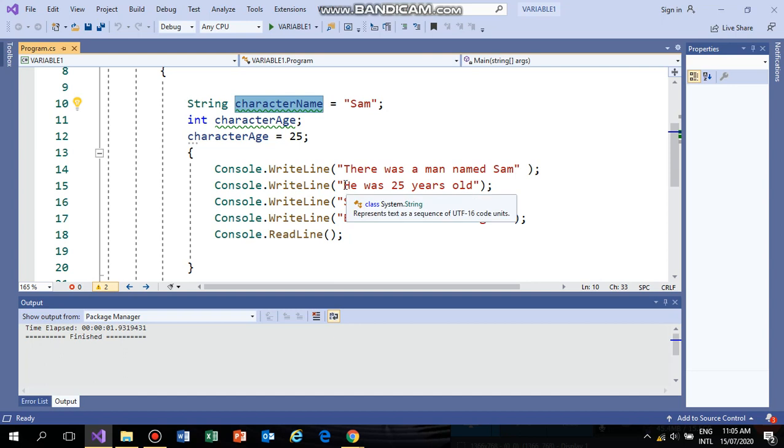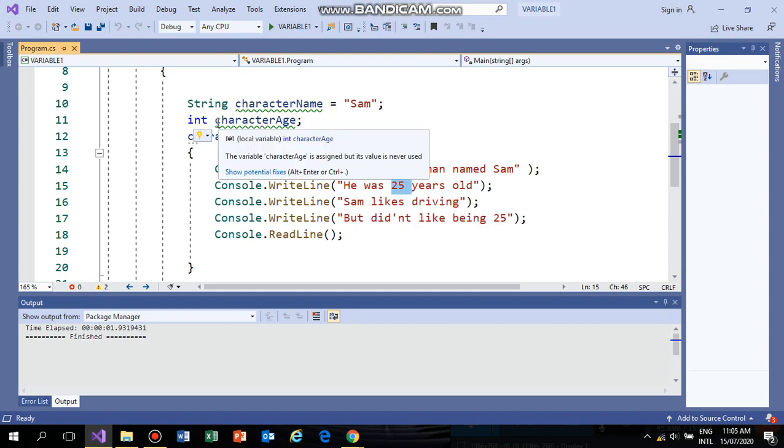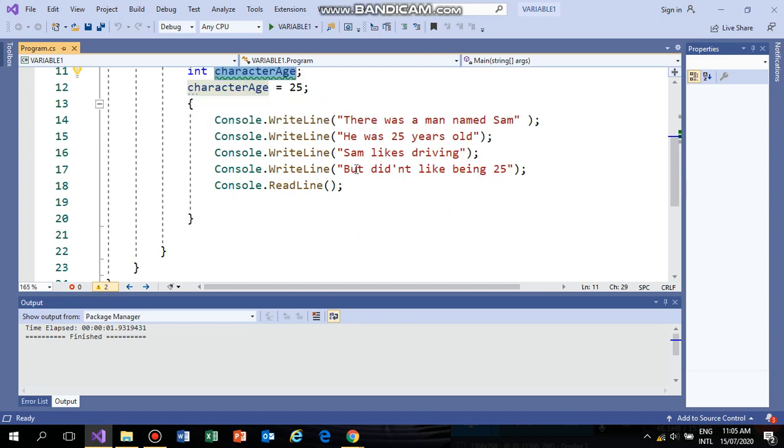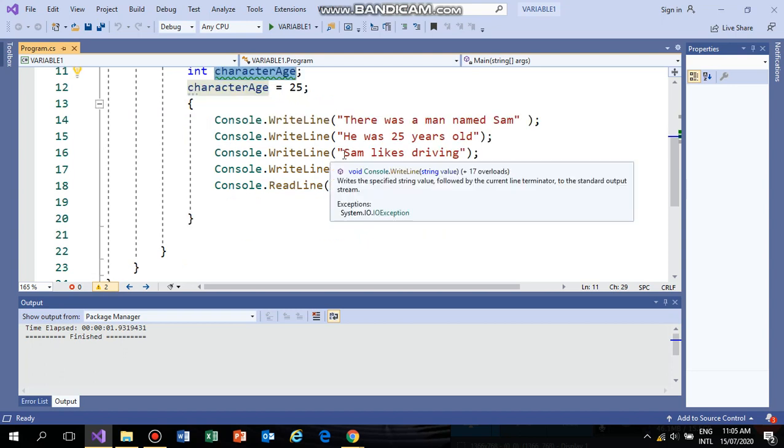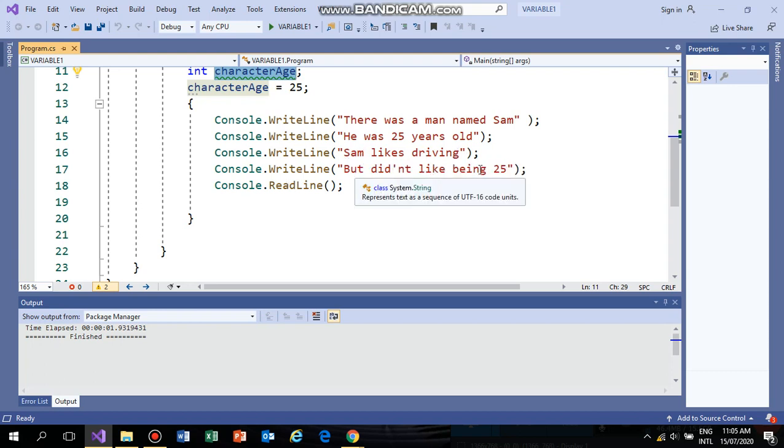The next line I selected is that he was, let's suppose, 25 years old, but consider this 25 I saved in the local variable character age. The third line of the program, I'd like to take the output as Sam likes driving, and the last line, but didn't like being 25.